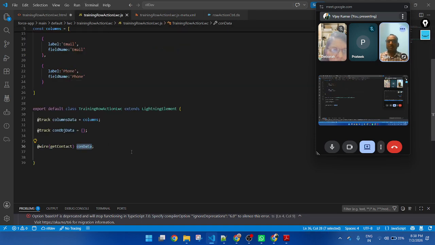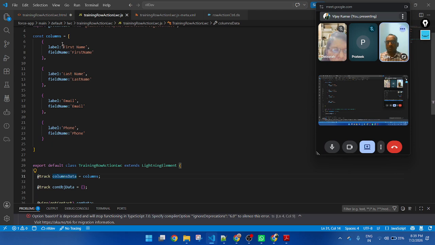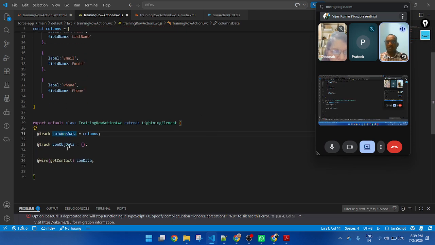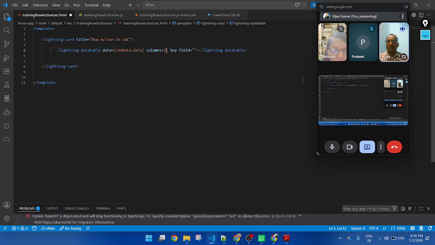Columns will pass this track variable, because this track variable is holding all of the columns. This column I am assigning in this variable. So this track variable I am passing here, and the rest of the attributes. In the key field, pass ID. Then save all of the files.